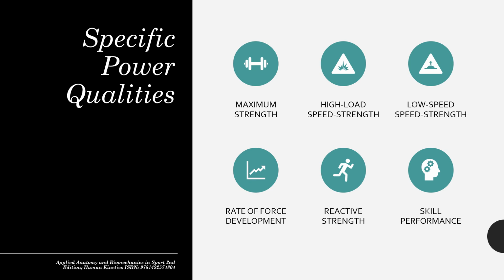All right. So one way we can do this is we can sort of hint around power performance. We can assess these things very easily. For example, maximum strength. If I want to know something about somebody's power, maybe I do the maximal strength of a power clean or a snatch, or I do a vert jump or a broad jump. If I want to know about high load speed strength, this would be something like,